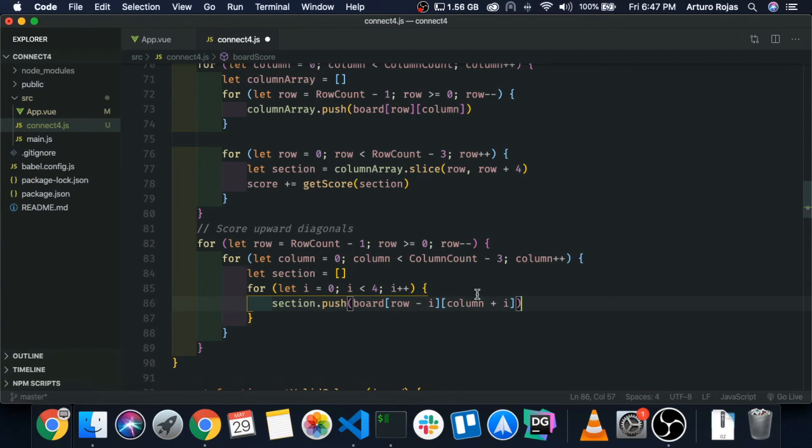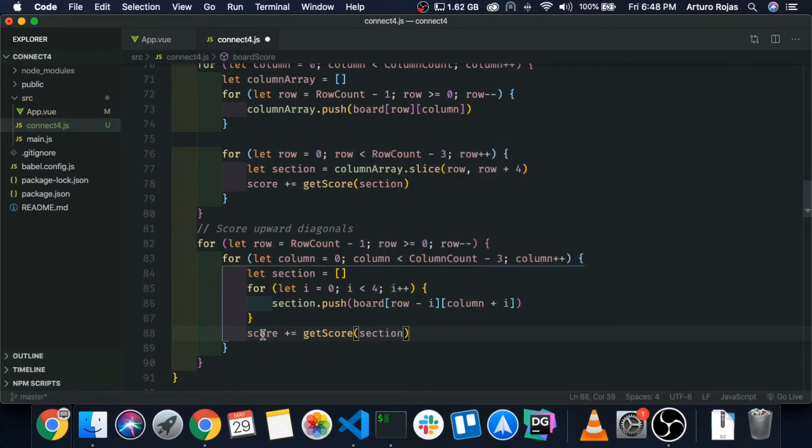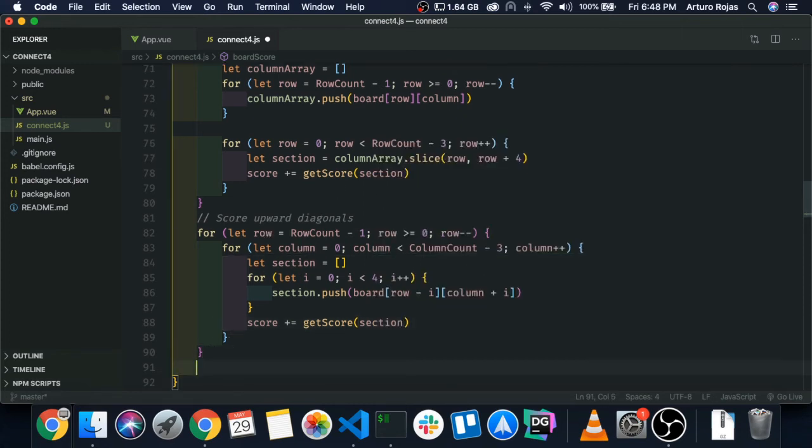Okay, now that we have the section filled up, we just have to get the score. So score plus equals get score section. All right, now let's move on to the downward diagonals. So score downward